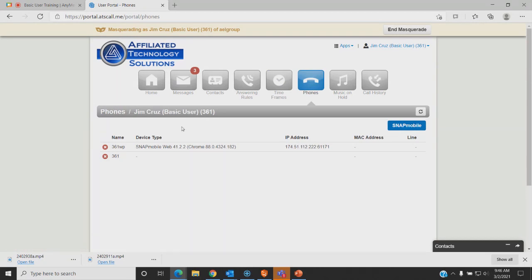So again, your extension number with no suffix is going to represent your basic phone. So if you have a physical phone, you'll see that listed as your extension. But if you see other entries in here, because you can connect multiple devices to the system, even at one time, you would see a WP, which stands for web portal, and that would be a soft phone,